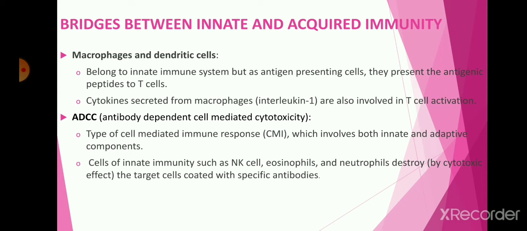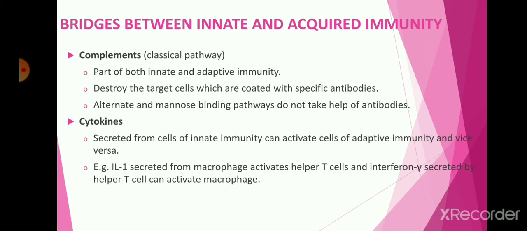Basically, NK cells are activated by the interferons or other cytokines released by the macrophage. NK cells express inhibitory receptors that recognize MHC first and prevent an undesirable attack on the body's own cells. They target cells through the perforin granzyme pathway, which induces apoptosis. So these NK cells are essential for the apoptosis process in the body. Eosinophils and neutrophils are also useful for the phagocytic process, and they target cells with specific antibodies.